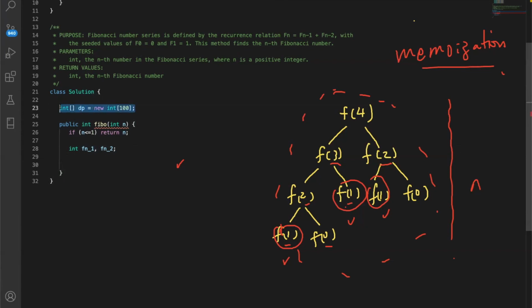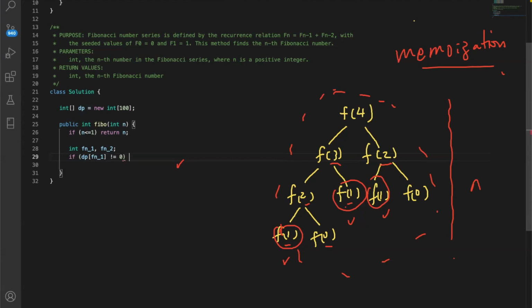But fortunately in Java, if you don't initialize your table explicitly, by default all of the elements inside of this integer array have a value of 0. So first thing we can do is check DP. At this point, we want to find our fn-2, fn-1. Let's say if this is empty or not. So if this is not 0,